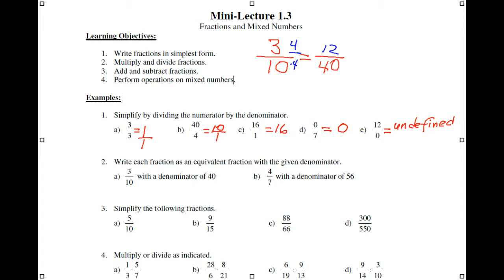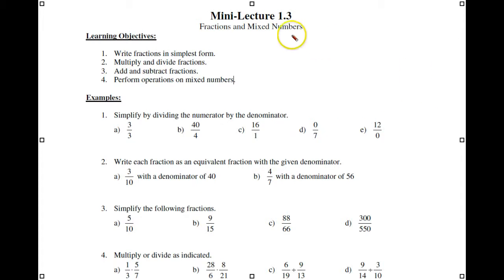Okay, let's do another here. Clear it up. We have 4 sevenths, and we want a denominator of 56. So think about this for a moment. We're going to multiply this by a 1 in the form of,